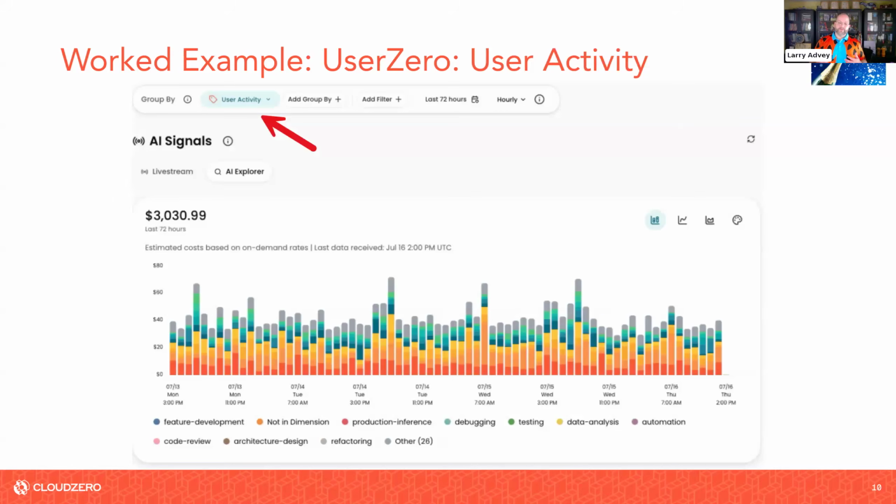It gets closer to, well, here's the actual activity that the user is doing. Is it debugging? Is it testing? Is it feature development? Is it automation? Is it potentially something else entirely? Maybe it's automated AI, given that it's not in dimension on this screen. But there are lots of different ways to slice and dice and look at this that the AI providers don't provide you.